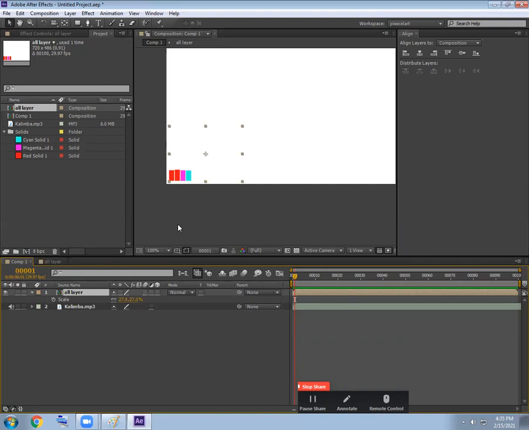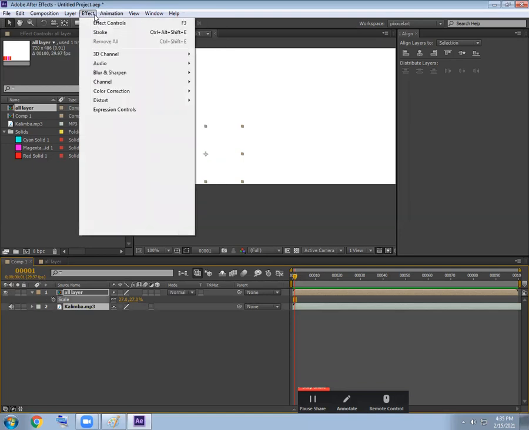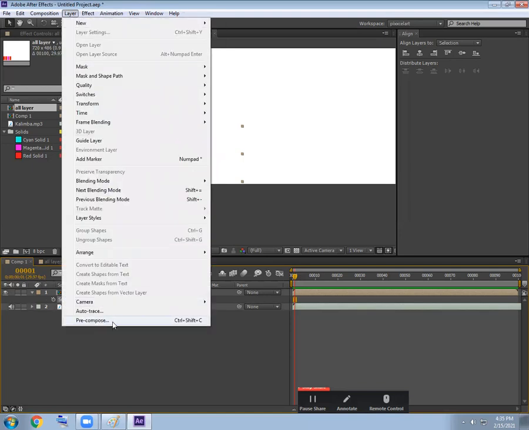Right? Why do pre-comp? Now, where is pre-comp? Question over. Pre-comp is there in the right click once you're selecting all the layers and giving a right click, or else if you're selecting multiple layers, go to the animation or layers menu and switch to pre-comp. This is the place where the pre-comp option is there in the software.